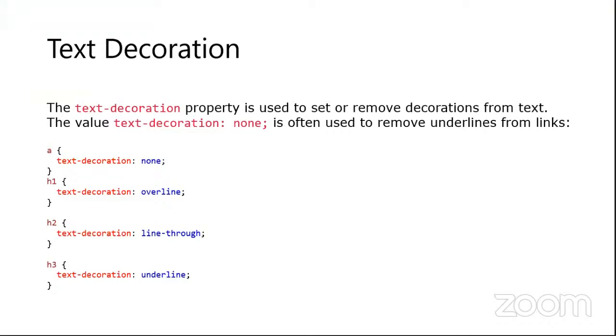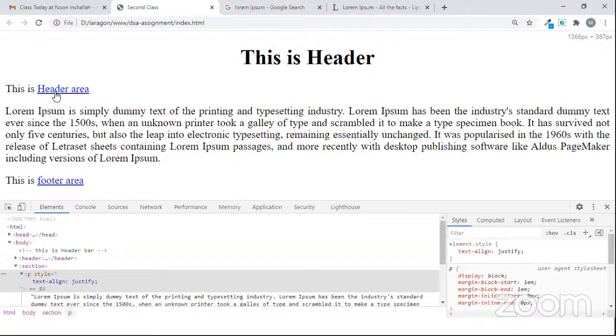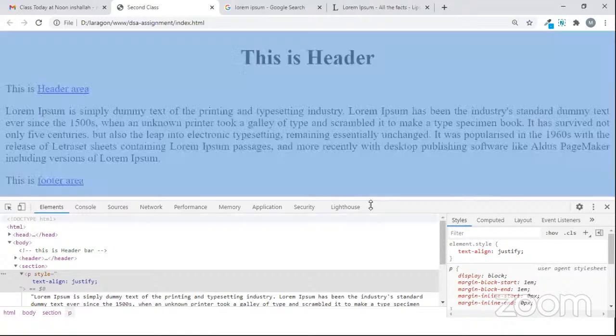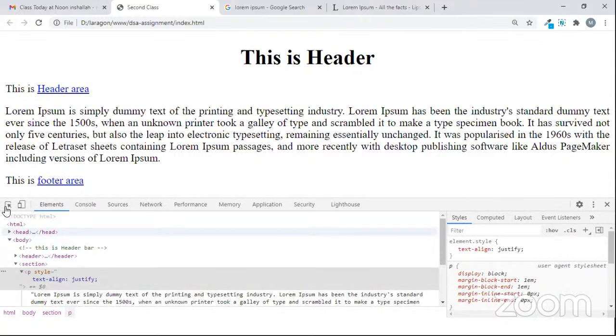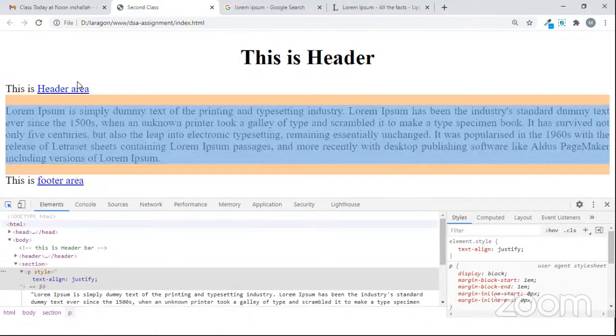Text decoration. We have already discussed text decoration; we have only discussed the underline property. The text decoration property is used to set or remove decoration from text. The value text decoration none is often used to remove the underline from links. For example, by default, anchor tags have the text decoration underline property. So if you want to remove this property, we can do it by defining text decoration none. For example,